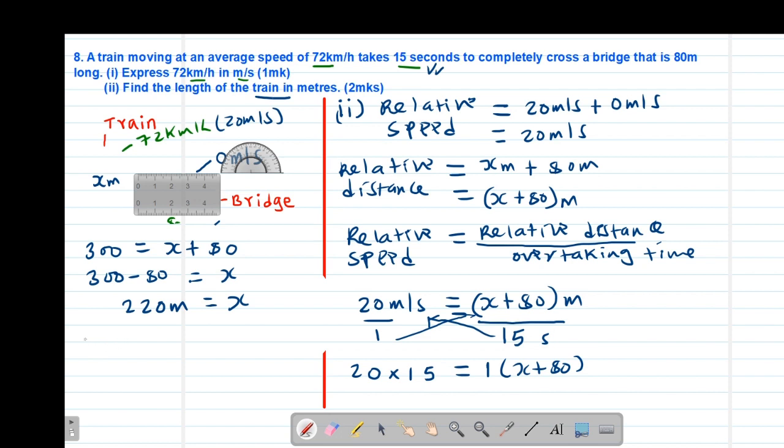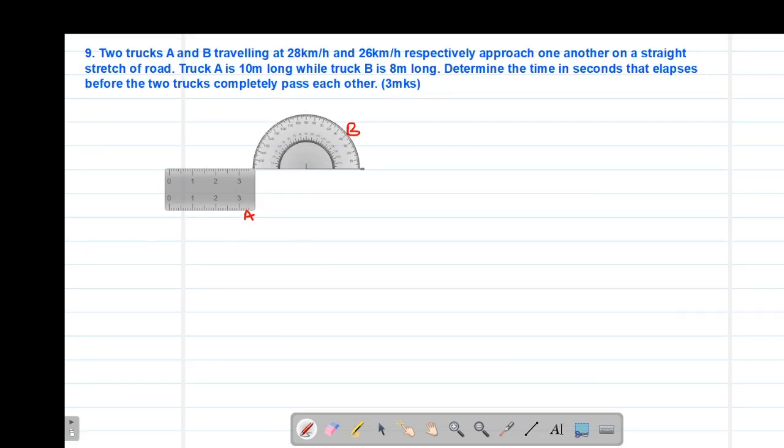So it means the length of the train was 220 meters. Then we look at our last example, which is example 9, which reads that two trucks A and